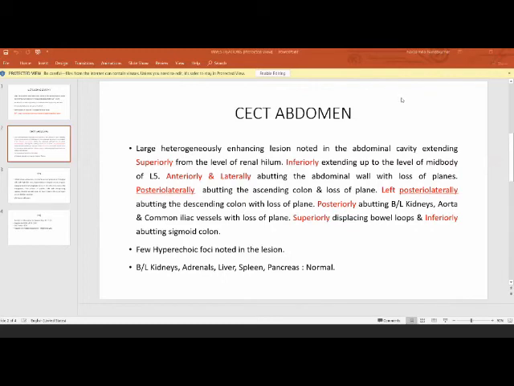Do you think it's going to upstage the tumor? What stage is the tumor already? Yes, sir, it's already upstaged because of the infiltration. So it's already stage 3. So in this case, there is no question of upstaging the tumor. It's only needle tract infiltration you are worried about. Yes, sir.